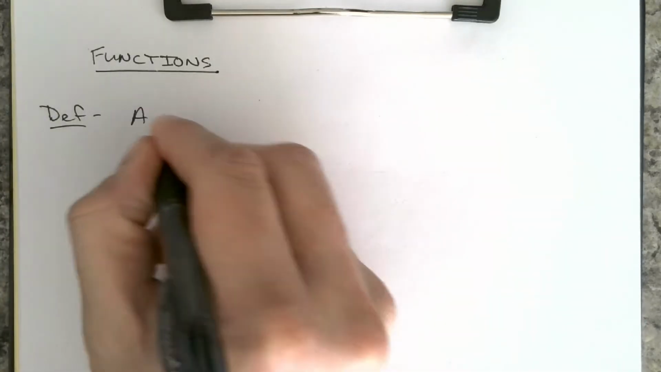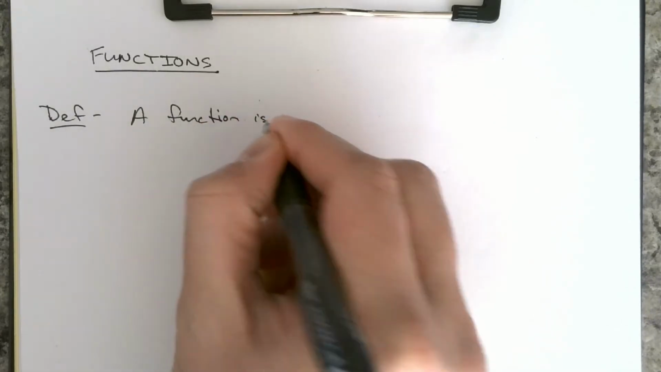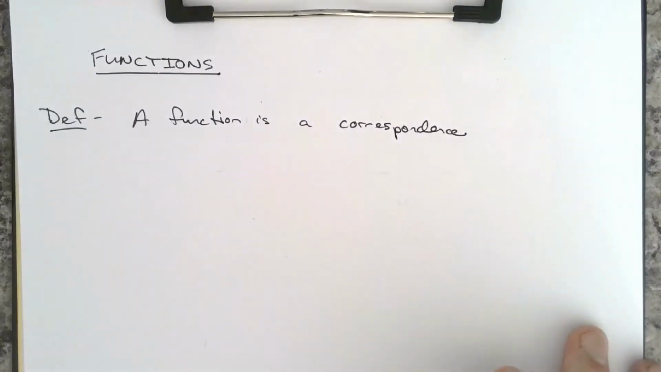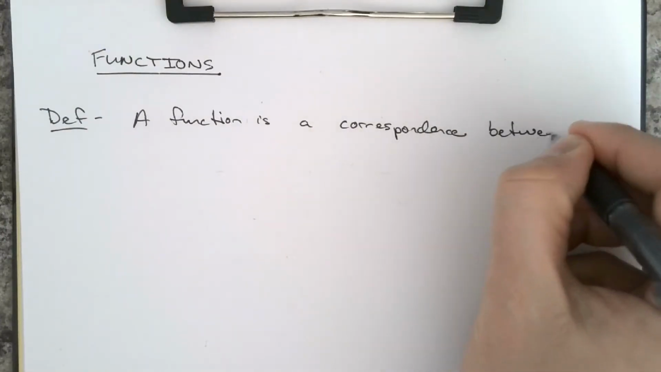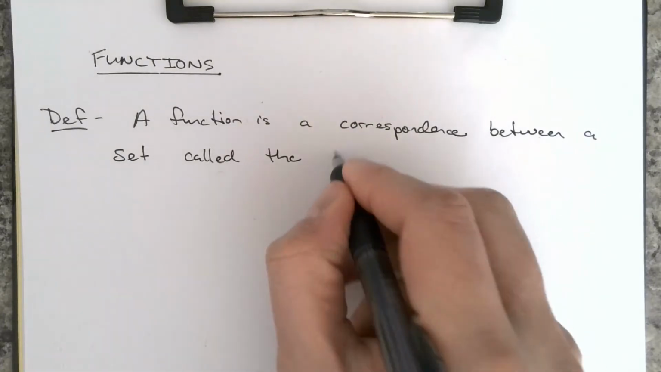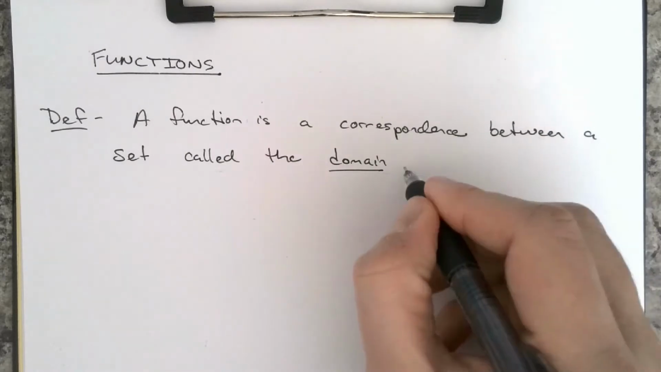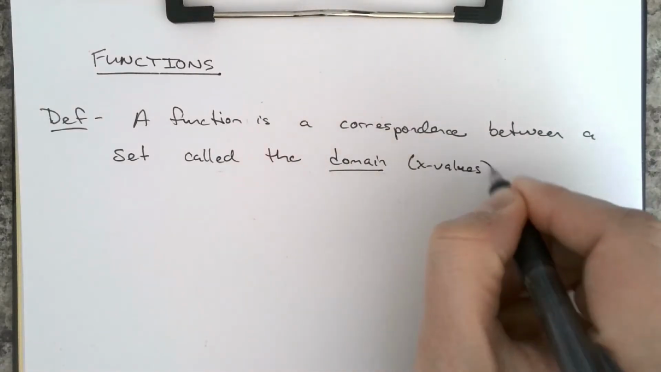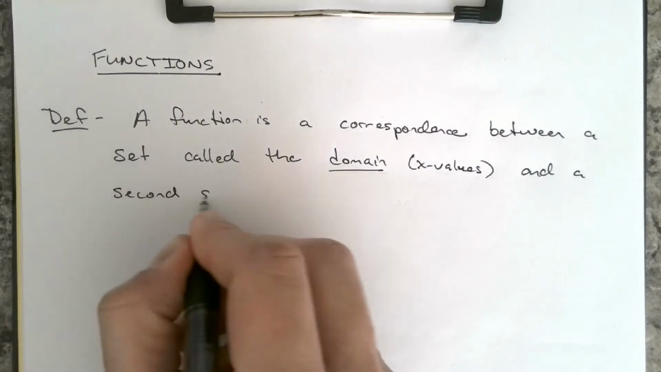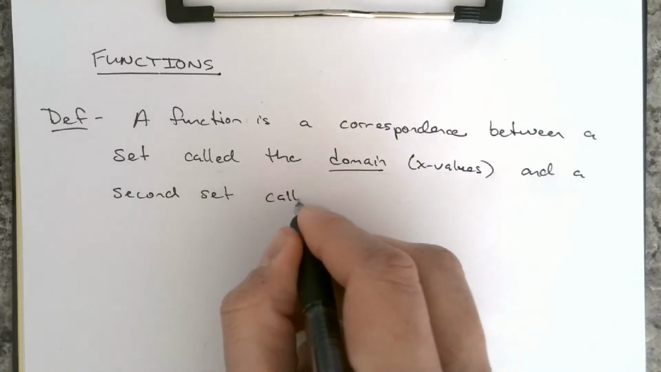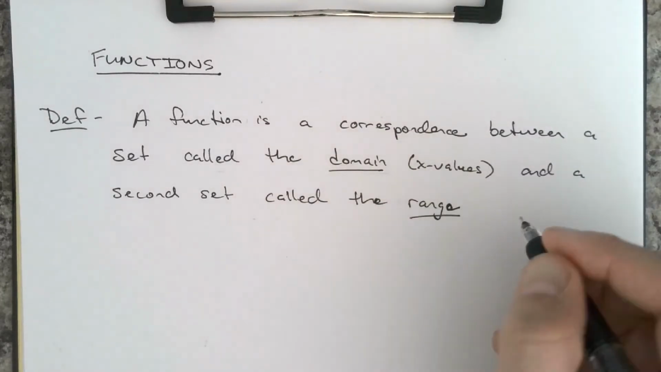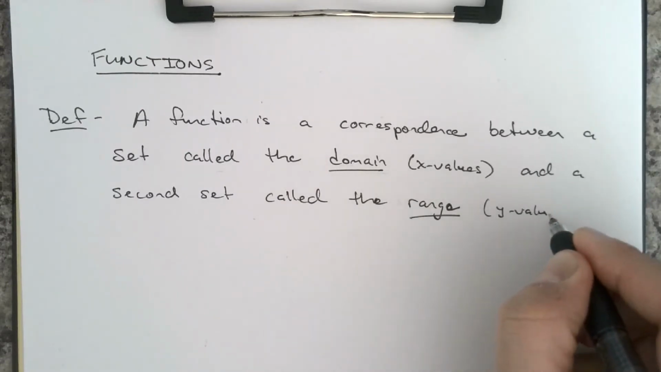Alright, so a function is a correspondence between a set called the domain, which a lot of times you might think of as x values, and a second set called the range, which you would think of as y values most of the time,